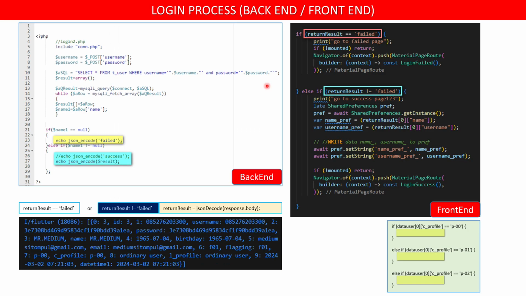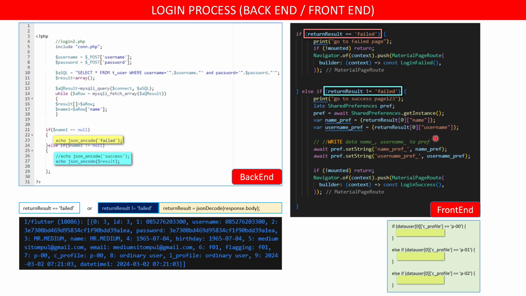Okay, this one. This is the backend script. This is the front end script. After we login, this file will run and send this result from the back end to the front end.